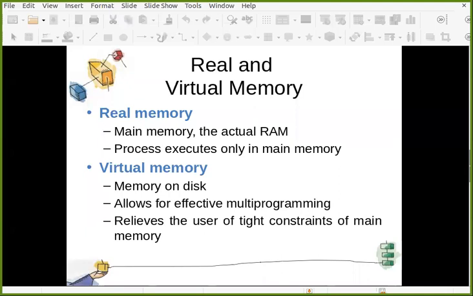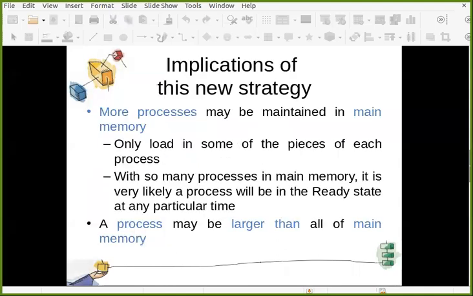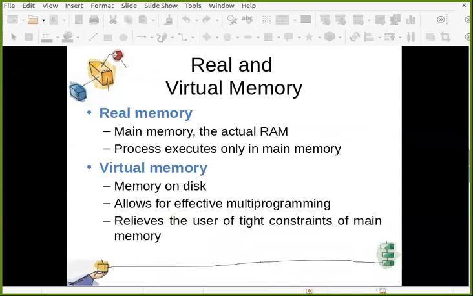It allows for effective multiprogramming, as we have seen, because now it is possible to keep only a portion of the process in main memory and the other portion in the secondary memory. And it relieves the user of the tight constraint of main memory. Let's say your software actually requires 8 GB of memory, but still with 4 GB of actual RAM, you can run it because you have the virtual memory concept in your OS.